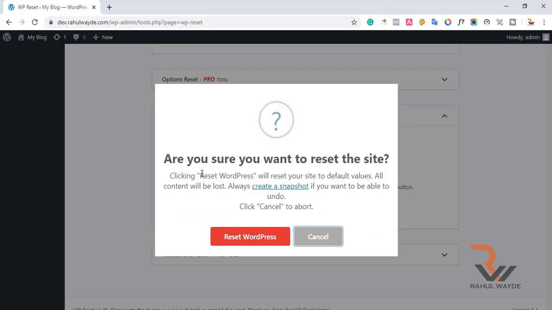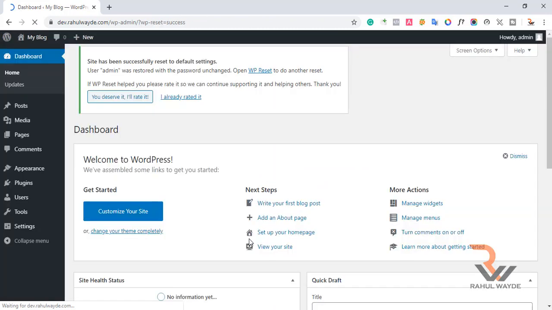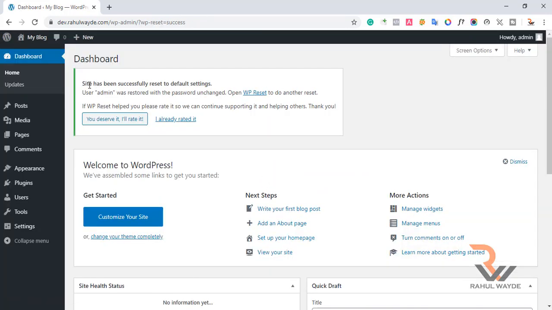Here is the warning: did you really want to reset? I will just click on reset WordPress here and it is resetting now. Look here, the message has come which is: site has been successfully reset to default settings. Now the website has been reset to all the default settings which were there when you installed your new WordPress.